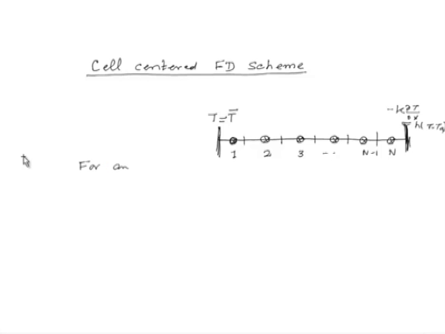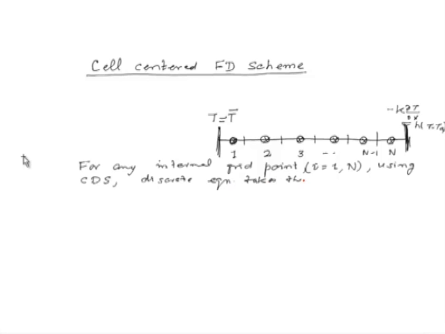In fact please note that now all our grid points are internal to the problem domain, so for i = 1 to n, using the central difference scheme, the discrete equation takes the form